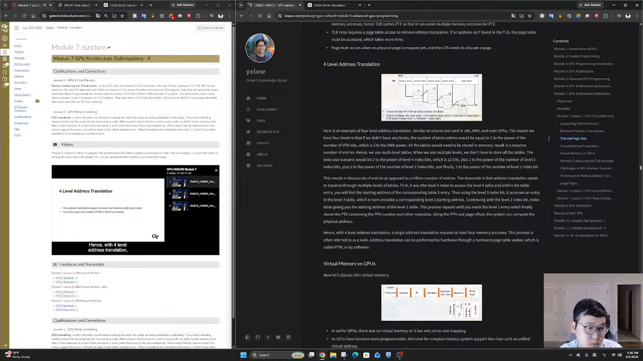Hence, with 4-level address translation, a single address translation requires at least 4 memory accesses. This process is often referred to as a walk. Address translation can be performed by hardware through a hardware page table walker, which is called PTW, or by software. Now, let's discuss GPU virtual memory. In earlier GPUs, there was no virtual memory, or it had only one-to-one mapping. As GPUs have become more programmable,